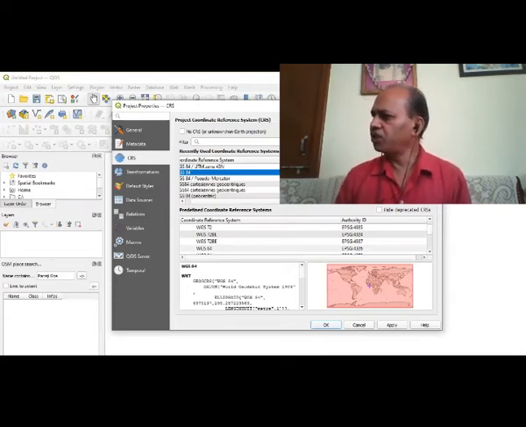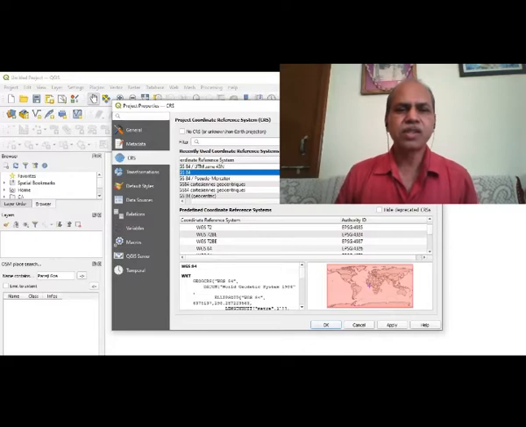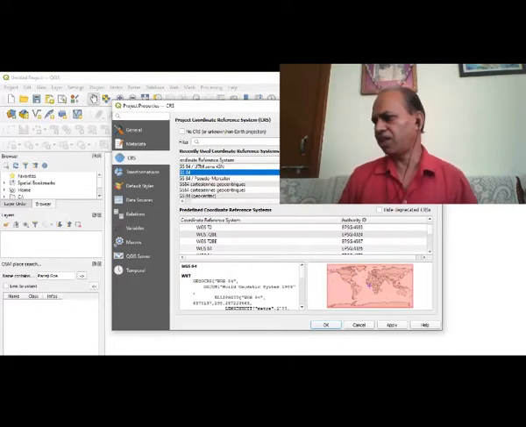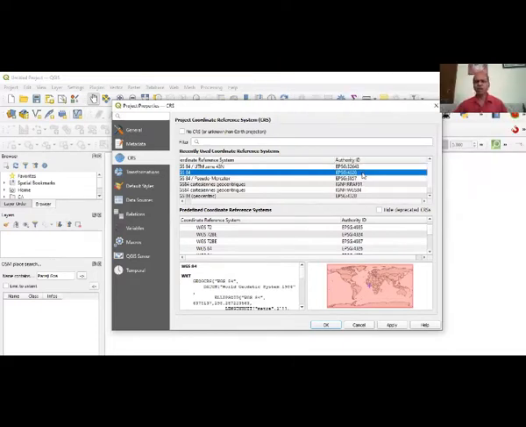Here, if you keep it as the default, your measurements are not possible. For that reason, you have to transform this projection into WGS84 UTM zone, depending on which part of India you are in, like 42 north or 43 north, 44 north and all that. So right now I am going to use some data from Goa.